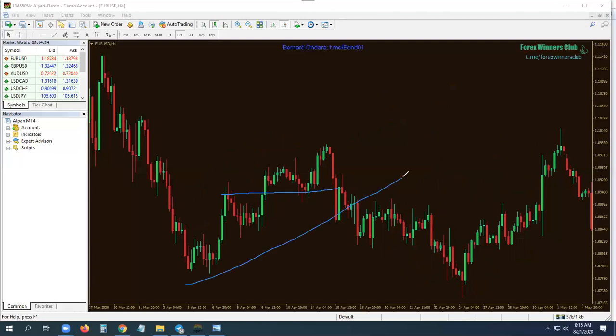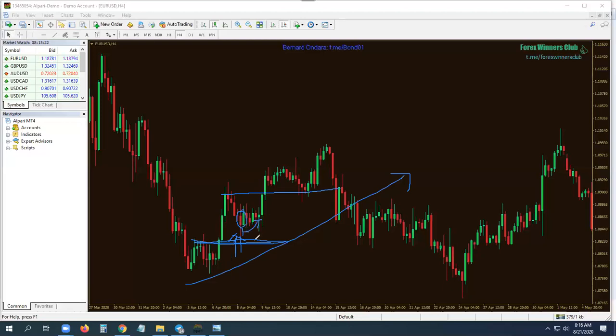Market is moving up. Breaks the first support or the first resistance here. You can see that. Breaks above it, comes back. What kind of candle do you see here? A rejection candle with a long wick, followed by engulfing. This and this will give you an engulfing you can consider for a buy setup.